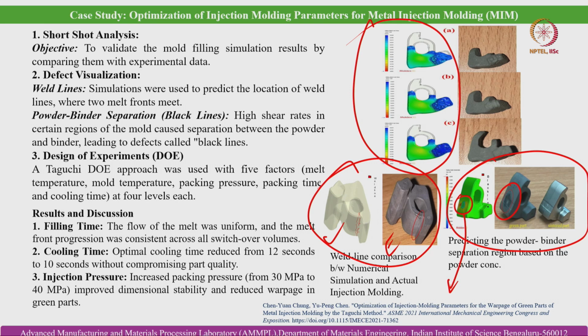So, here the different process conditions have first been formulated based on the design of experiment approach by Taguchi, and then as per the different process conditions, a number of simulations have been performed to identify the best set of parameters. The outcome obtained here is the filling time: the flow of the melt was found to be uniform, and the melt front progression was consistent across all switchover